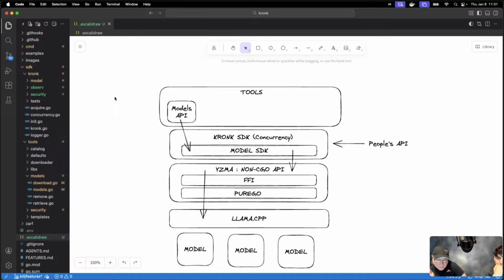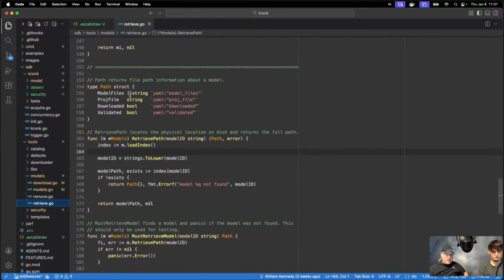and at the web service level that allows you to do things like download models, validate that the download is clean. Like that other model check we moved up there, which was fine. It's allowed to do that. Remove a model from the system, retrieve information about that model. These are all APIs, right, that we